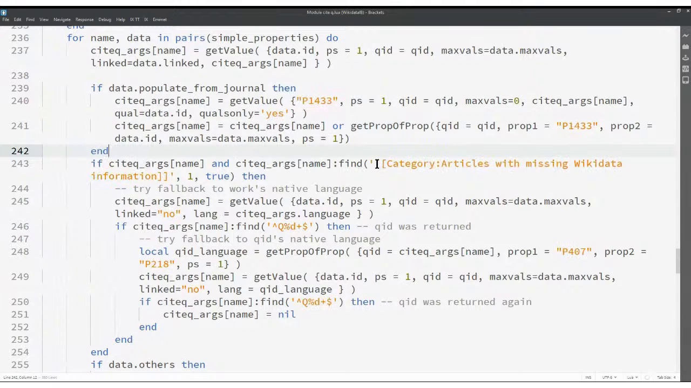If it picks up this particular thing, category articles with missing data information, that's a problem. That means that there is no label in your local language for that, whatever it is. It could be the title or whatever it is that we've got to at this point, the publisher's name or whatever. So if there's no label in there, then it's going to start looking